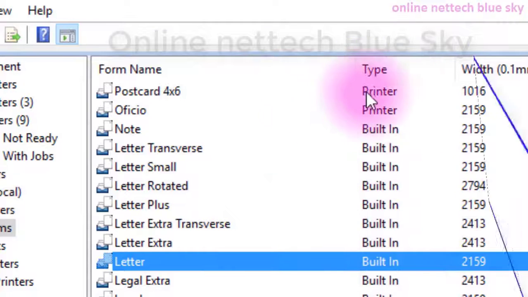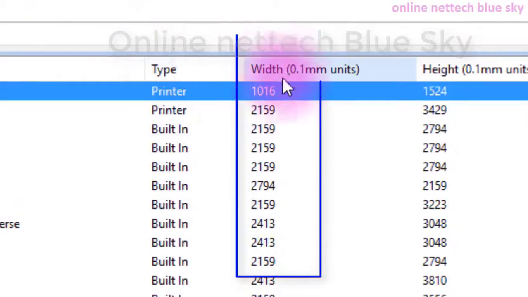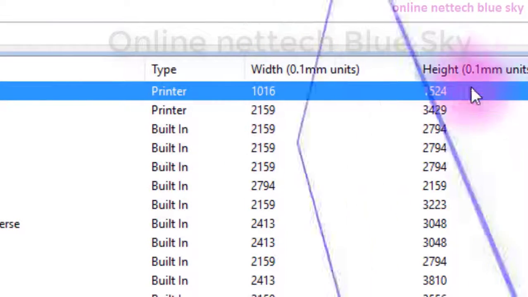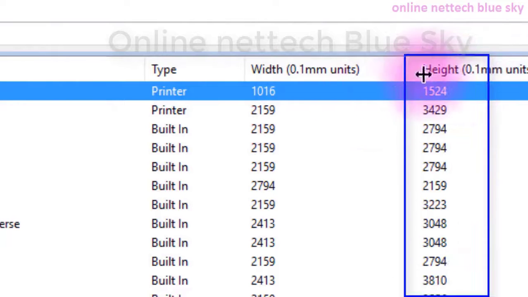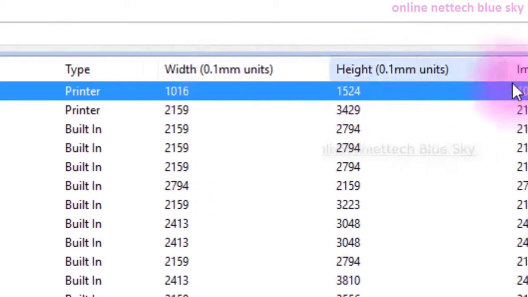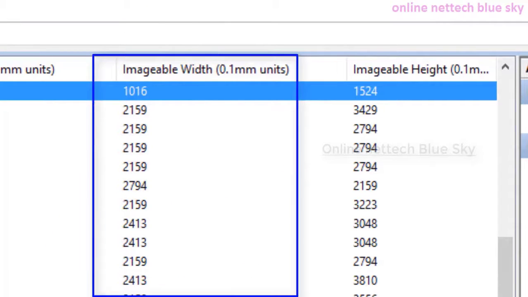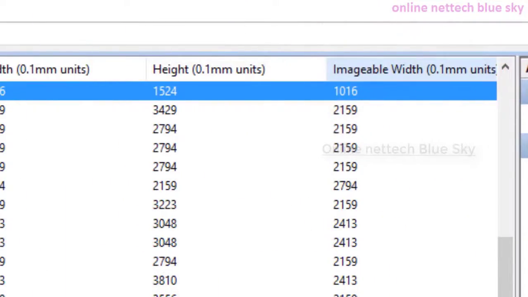So built-in, this is where a printer adds here. Okay, so some built-in sizes are by default from your operating system, and some are from your printer here. Okay, so this is the height here in mm, and this is the width here, and you can see all of your data by these pixel sizes here. Without your size you cannot start here. And the image grabber you can see here.